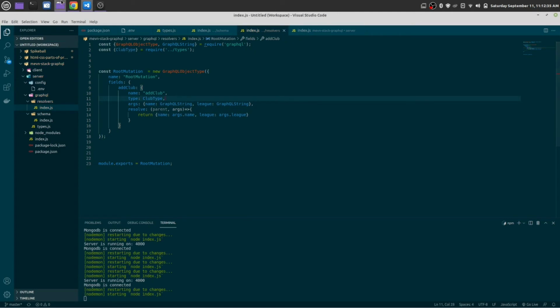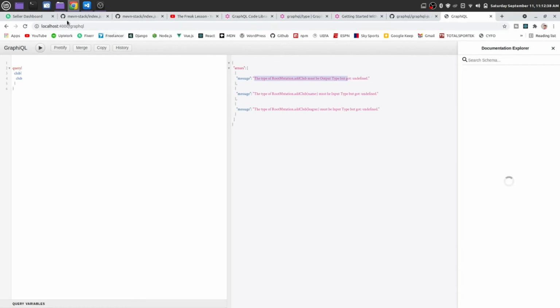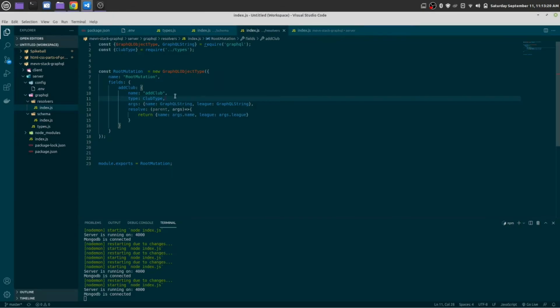Okay, save it. I think there won't be any error anymore. Yeah, it's still saying another error. Okay, here is the problem. I think this should be inside an object, so let me make it object as well. Okay, save it.